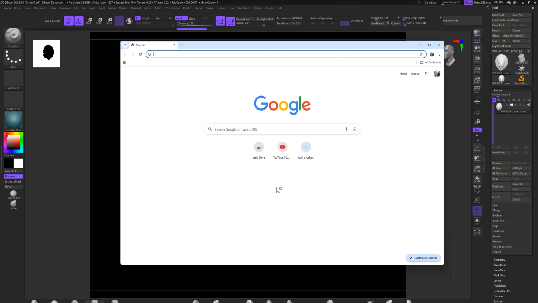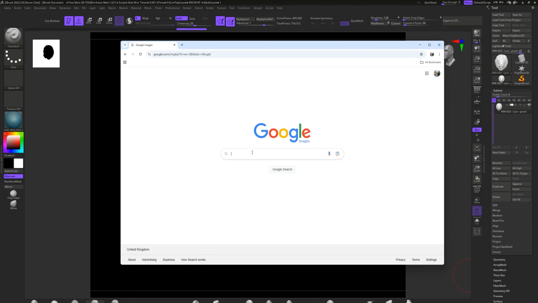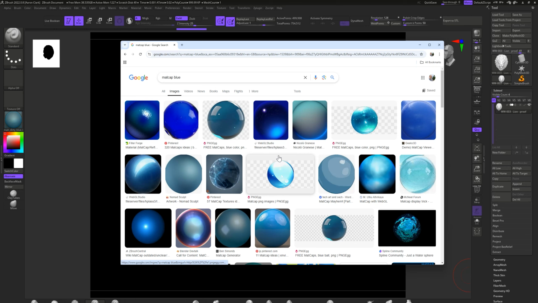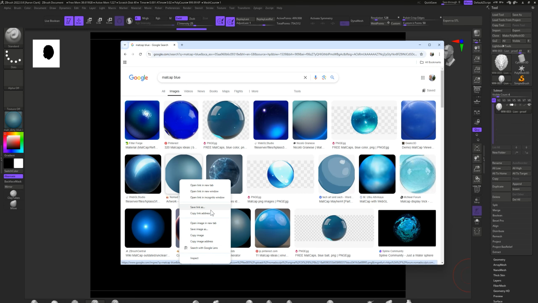First, we need an image to drive this matcap. So I am just going to go to Google Images. I'm going to type in matcap blue. And as we do that, we can see a whole bunch of these different matcaps. I'm going to take this one here by Nomad Sculpt. I'm going to right click and save this image as, and I'm just going to park this in my downloads